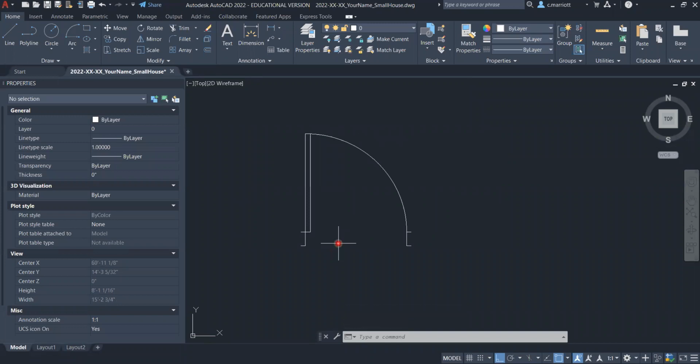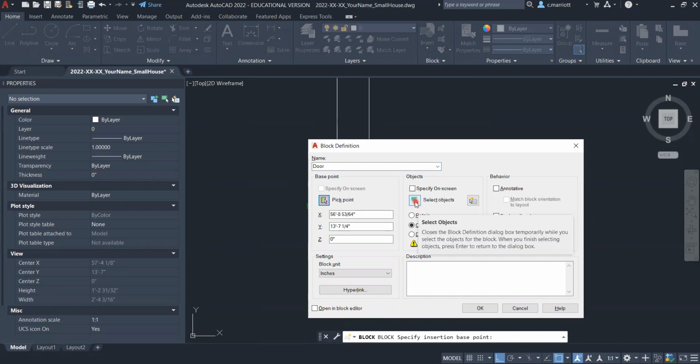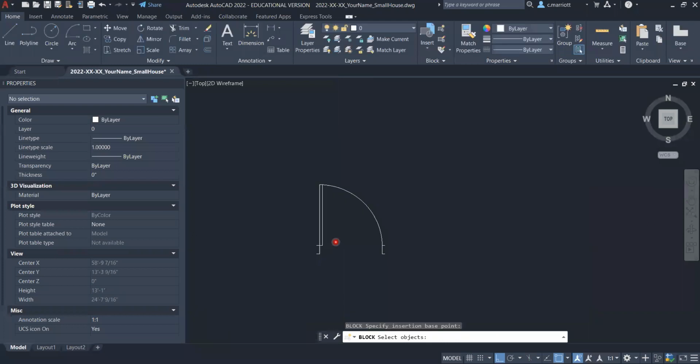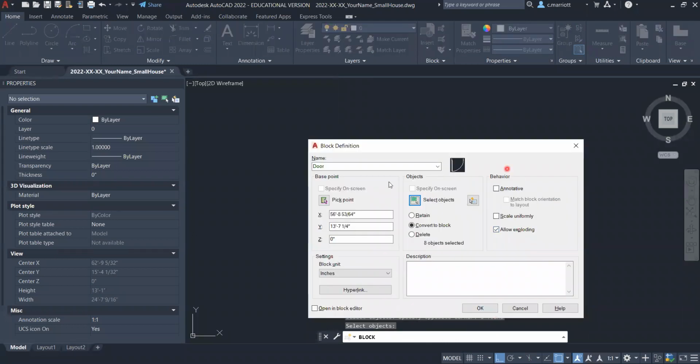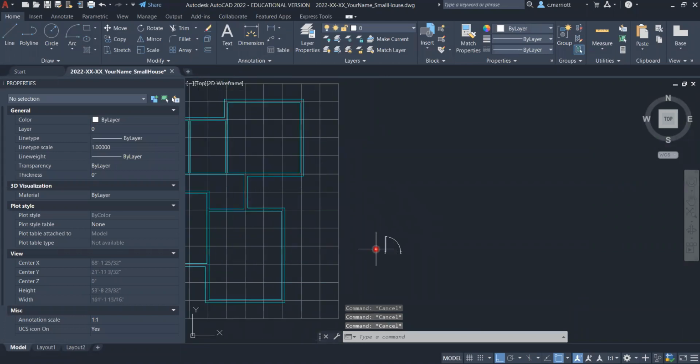Now it's time to make the block. So our block command is B. The name for this block will be door. The pick point will be right here, right on the upper left part of the frame. And when I click on select objects, I'm going to include everything there. I don't need to change anything else, and click on OK. All right, so now we have our first block